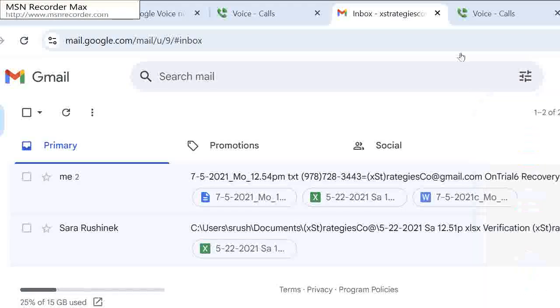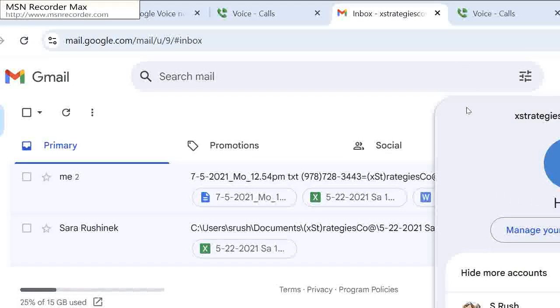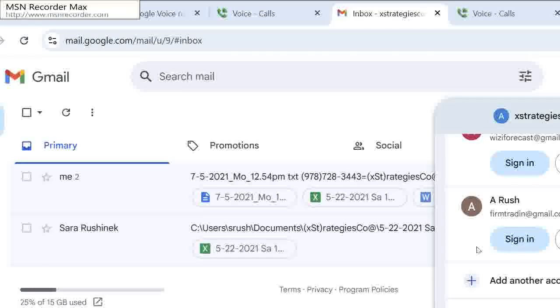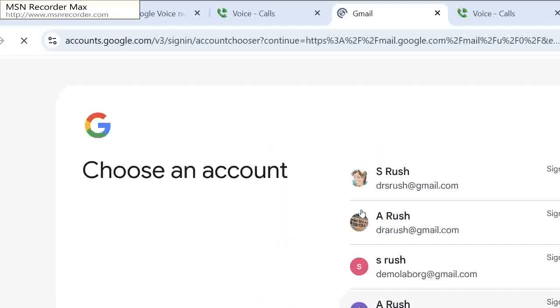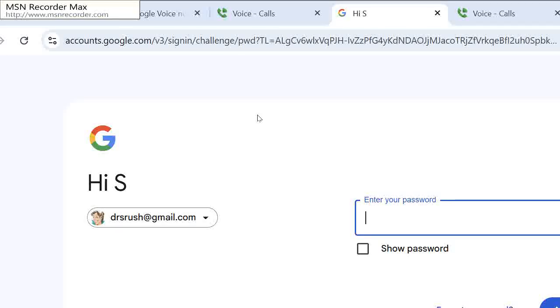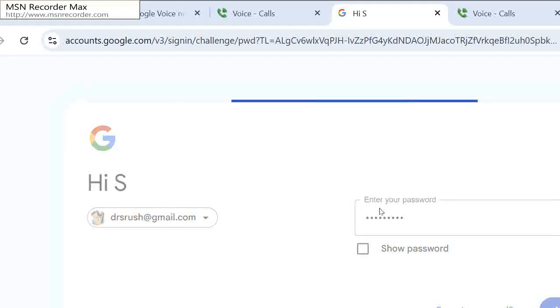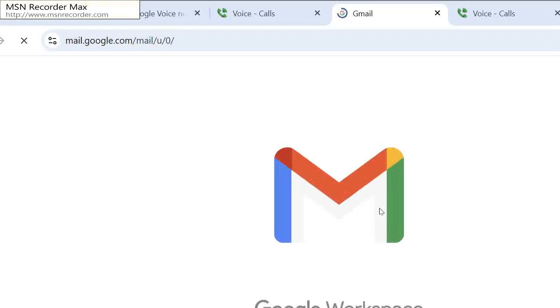So sign out of all accounts and then go back and log into one of the accounts. And now that I logged into one of the accounts,